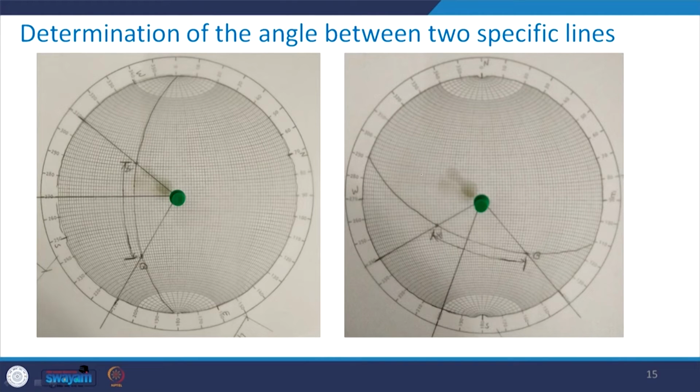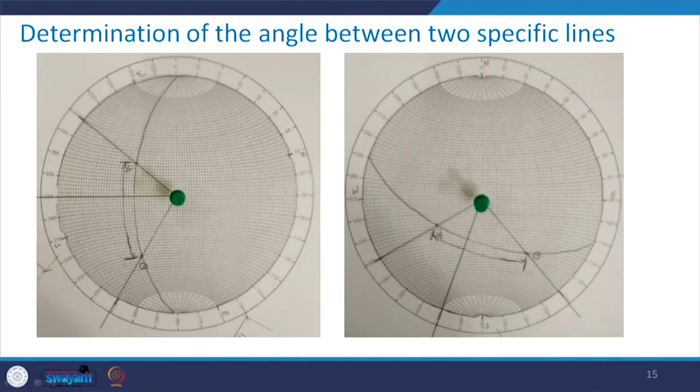Now how can we determine the dip and the dip direction of this great circle? Both the points are lying on the great circle. What does that mean? Since the great circle represents a plane on the stereo plot, this will represent a plane which contains both the lines A and B. Now what is going to be the dip and the dip direction of that plane? So you see how to determine that. In this position where we have drawn this great circle on which both points A and B are lying, we draw a radial line